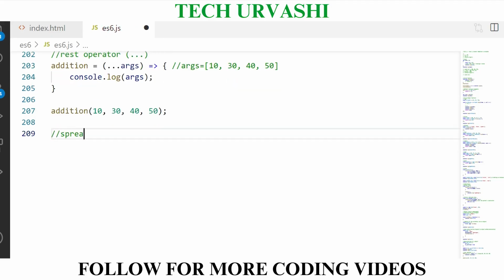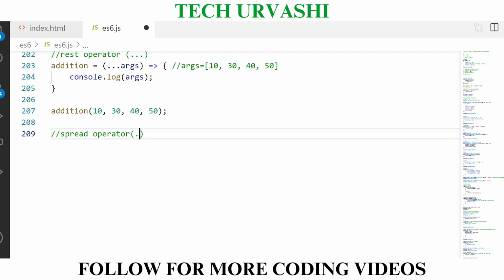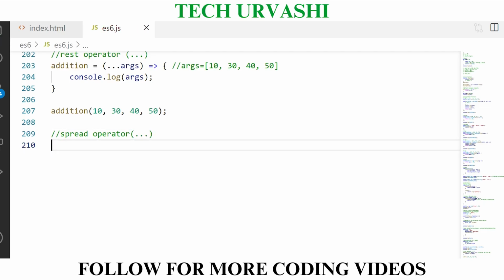Now the next one we have is the spread operator. The rest operator syntax can basically be used with all the elements from an object or an array. The spread operator is something which is specifically for your arrays and objects. When you want to include your array or object in some kind of a list, I can use the spread operator. So again, this is also used with three dots, but this is how we use it. So let me create an older version of JavaScript, to show what the issue was and why it was introduced.